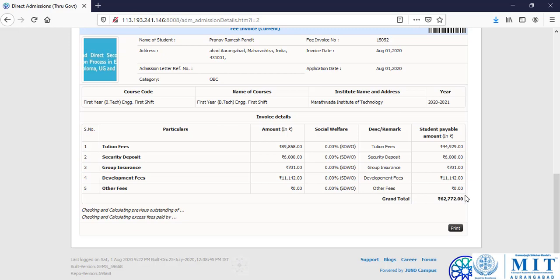So once the invoice has been generated, now in the last step of the admission process, student will require to pay the fees through his login. So we again now go back to the student login and we will see how student can pay the fees.